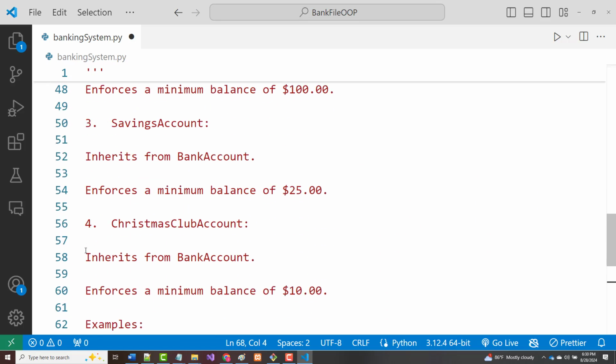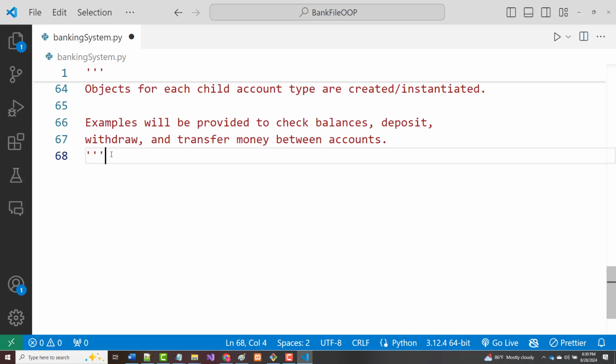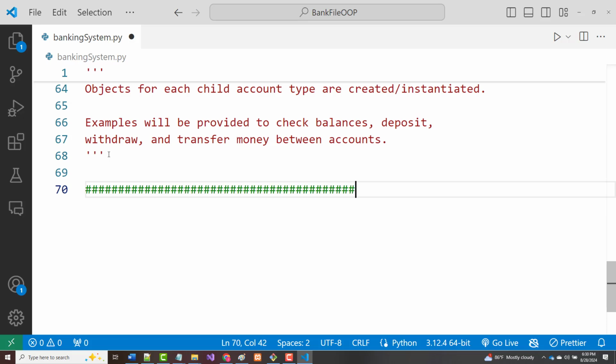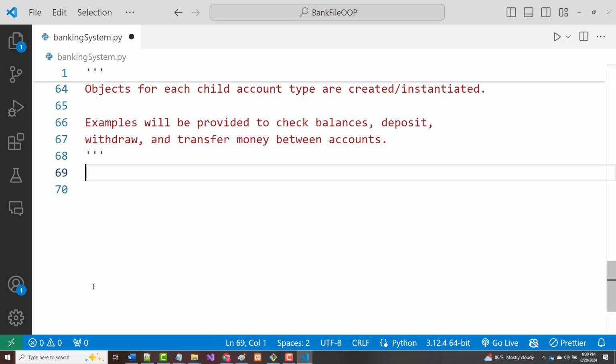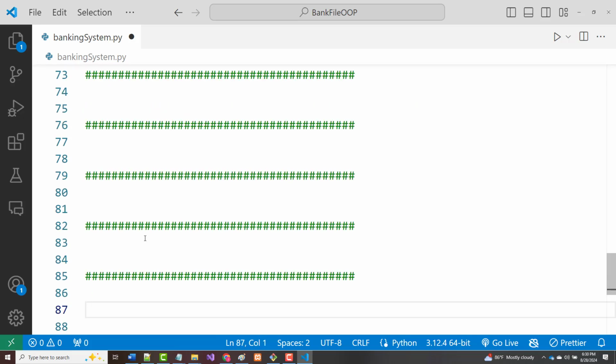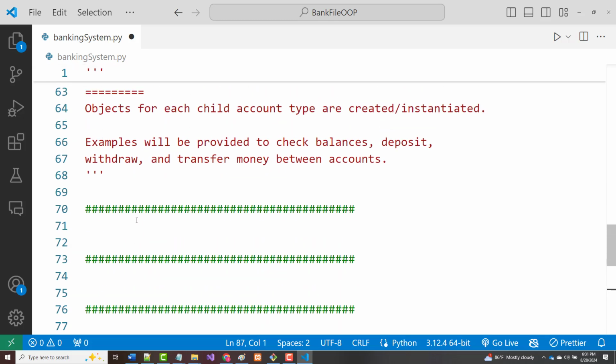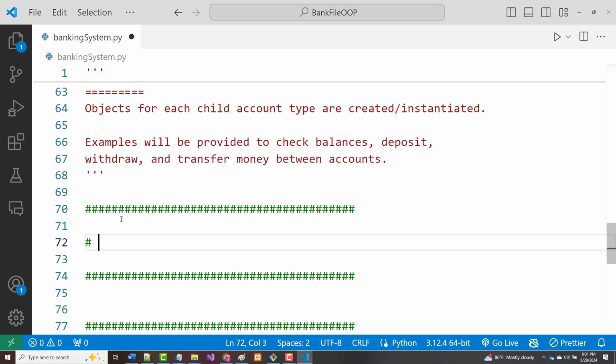All right, so the first thing that I'm going to do in here is, and I didn't add this, but I will right now, and that is, I'm going to do this. I'm going to add a bunch of these things. So, okay, why am I doing that? Well, what I want to do is I'm breaking up the program into different areas. And the first thing I'm going to put in up here, this will be another comment, but I'm going to put in